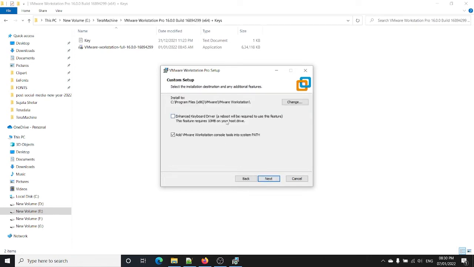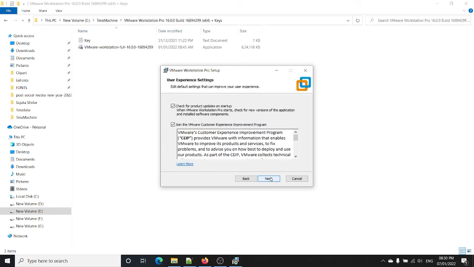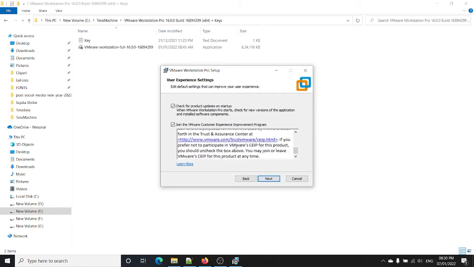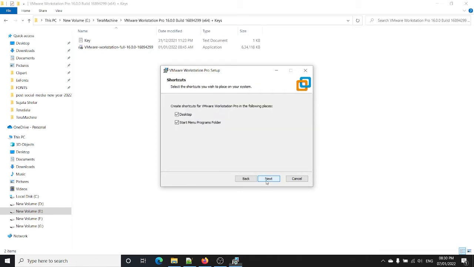It will ask you about an enhanced keyboard, but there is no need to install these things, so just click on next. It will also ask you to change the location, but it is fine for me to install over there. So I will click on next. This is another one, so do next.